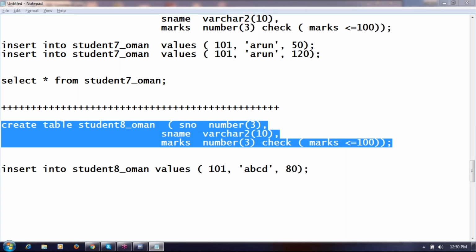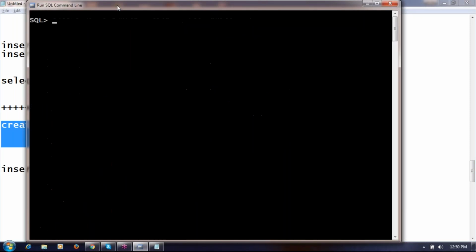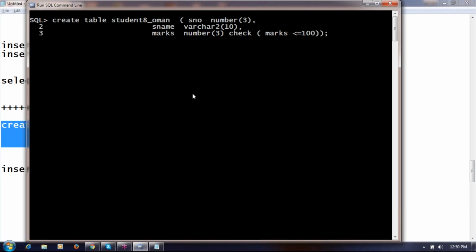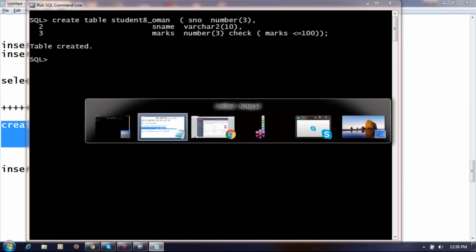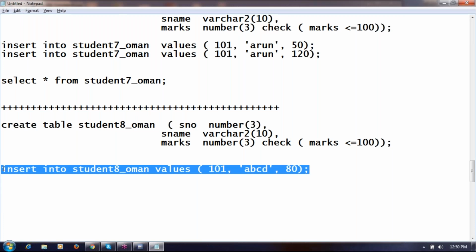Jamal, have a look at this. Table created, student8_Oman. What is the constraint we have? Check constraint. Condition: marks less than or equal to 100. Tell me, Jamal, is it a valid insert command? 101, yes.